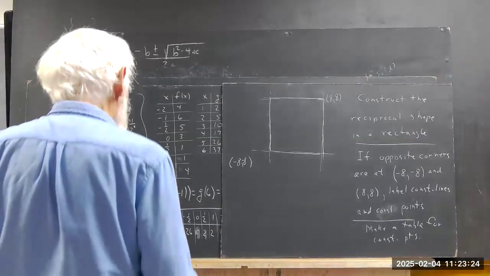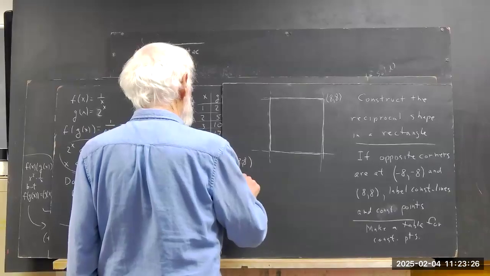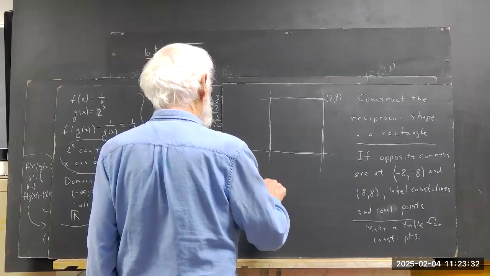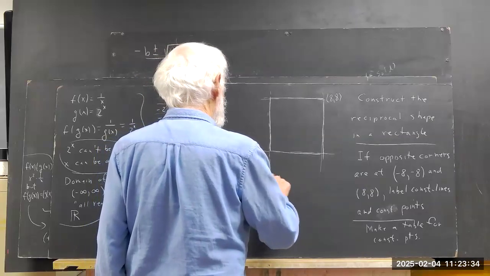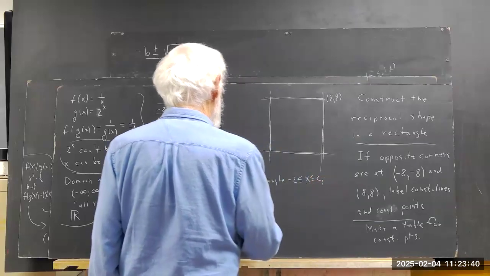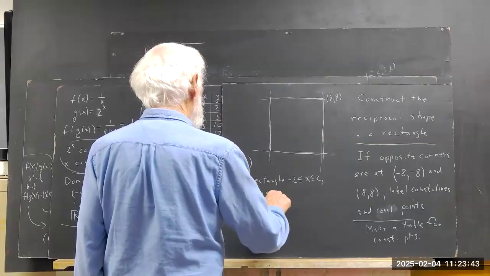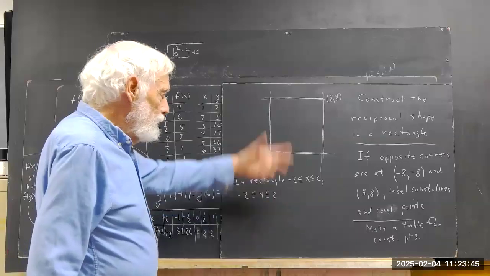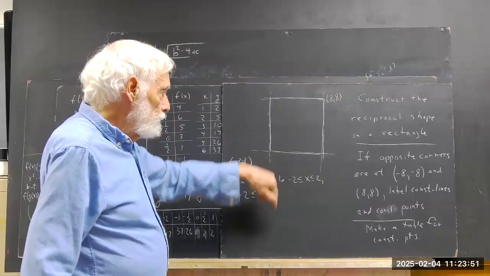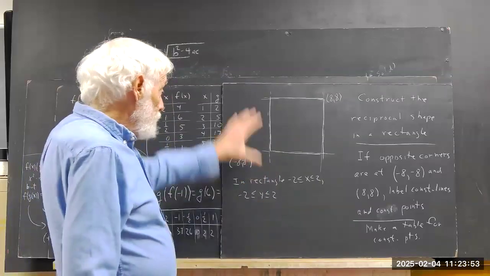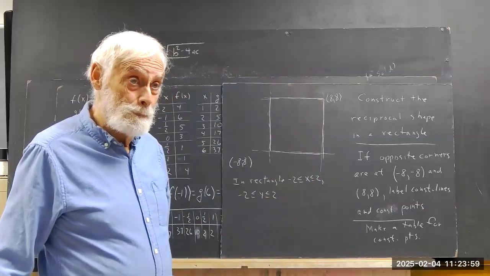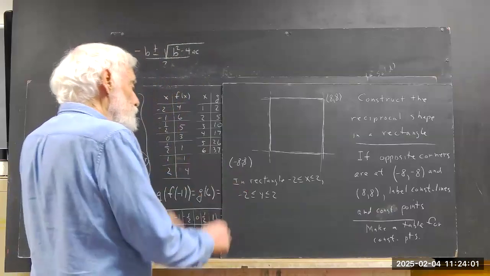Okay, in the box. Okay, and I'm going to write that in the rectangle. It goes from -2 to 2 for x and from -2 to 2 for y. And that's not this one. This is going from -8 to 8 for x and -8 to 8 for y, right? Okay, but in this rectangle,